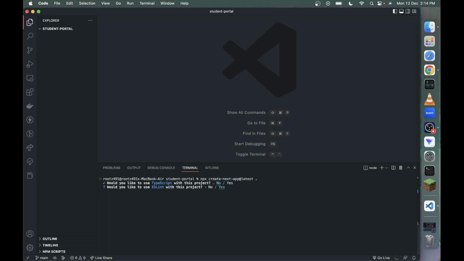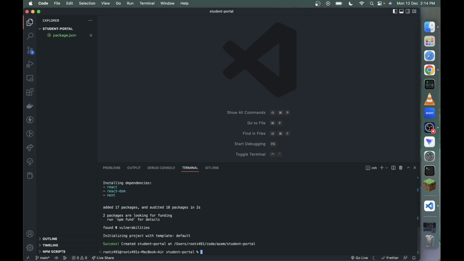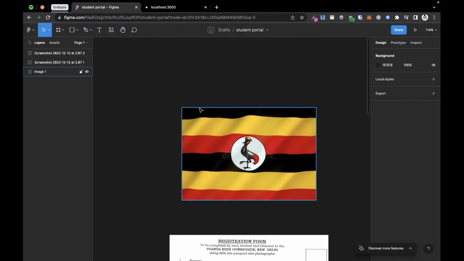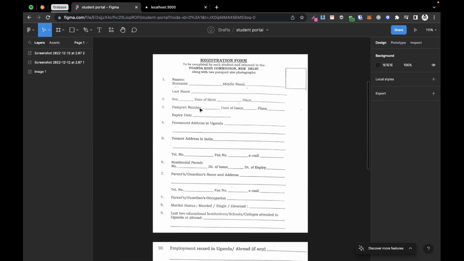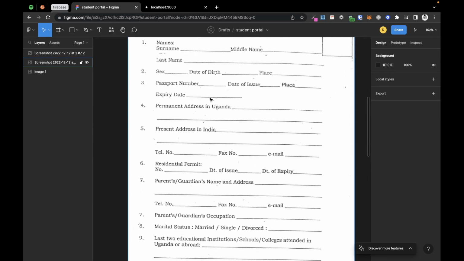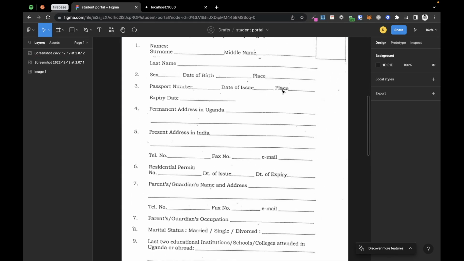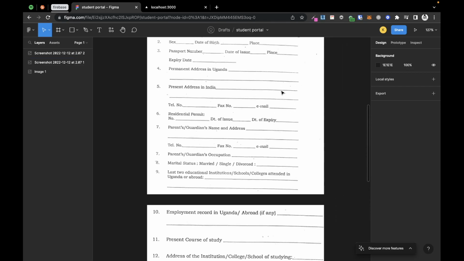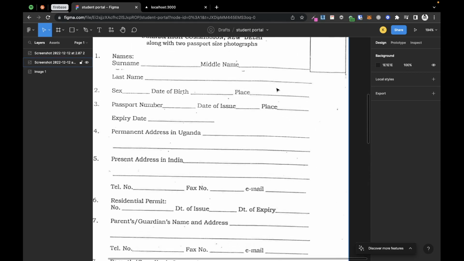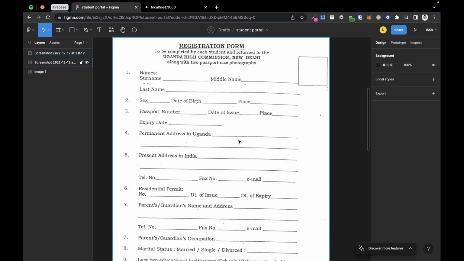We don't need ESLint. It might be nice, but why not? So it's something like this. It's a student portal for a country where students need to fill in this data. This form submits to an office, blah blah blah. But what we can do is make a website where you can do it all digitally, and